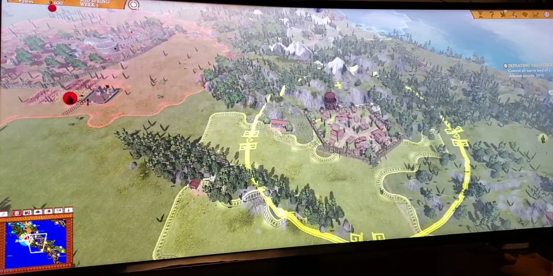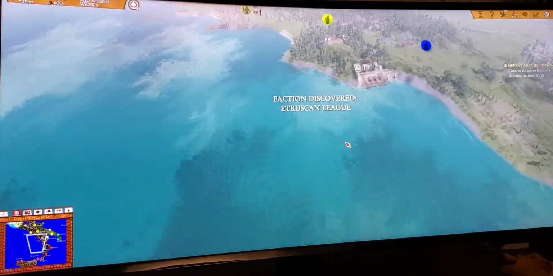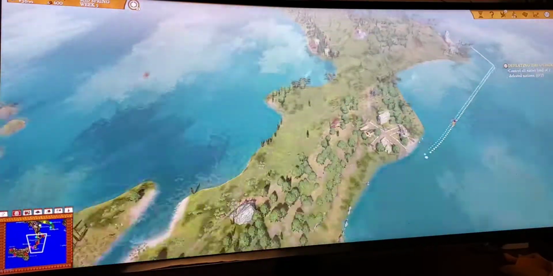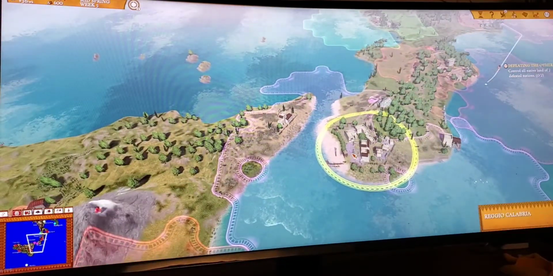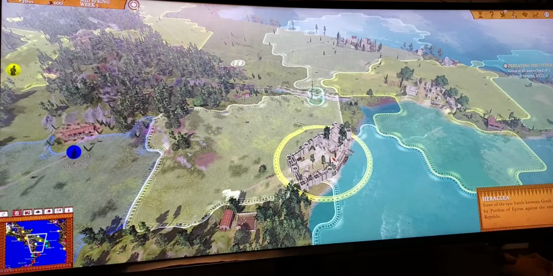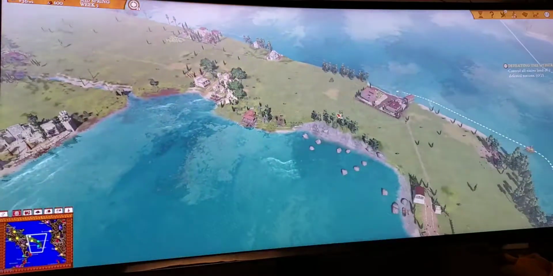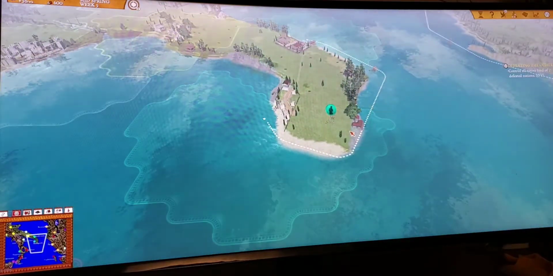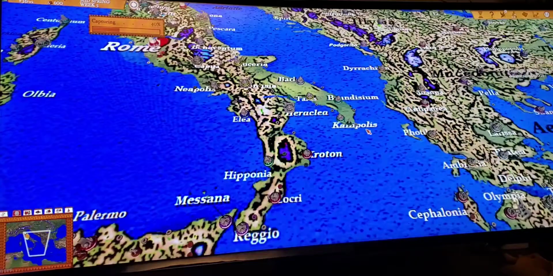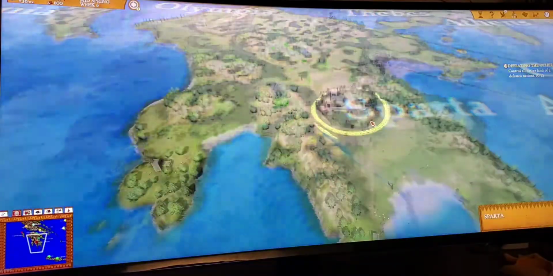So Capua, capital of Campania, Neapolis, some Greek city-states down here, Croton and Locri, Reggio, Heraclea, Tarentum, Barium, Brundisium. So lots of cities in Italy. Callipolis, another Greek colonized city-state. Down into Greece itself, obviously Sparta,